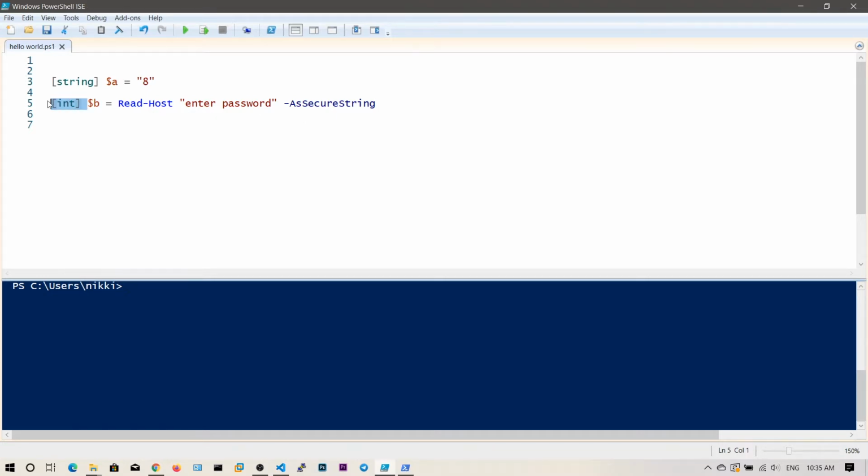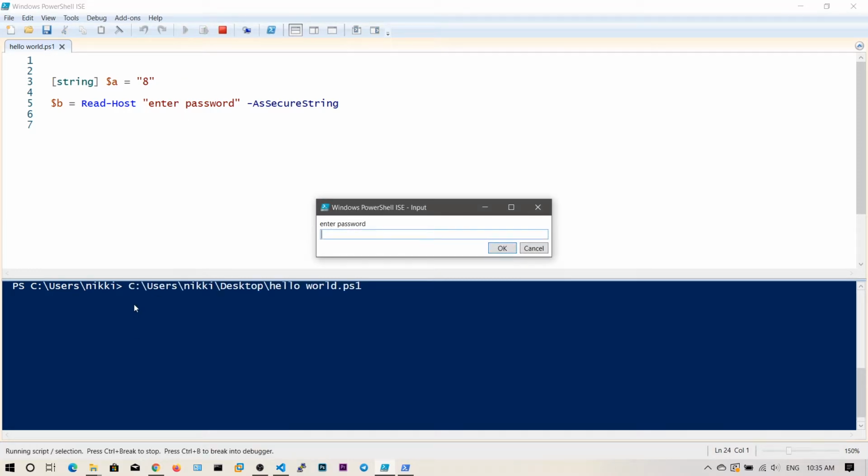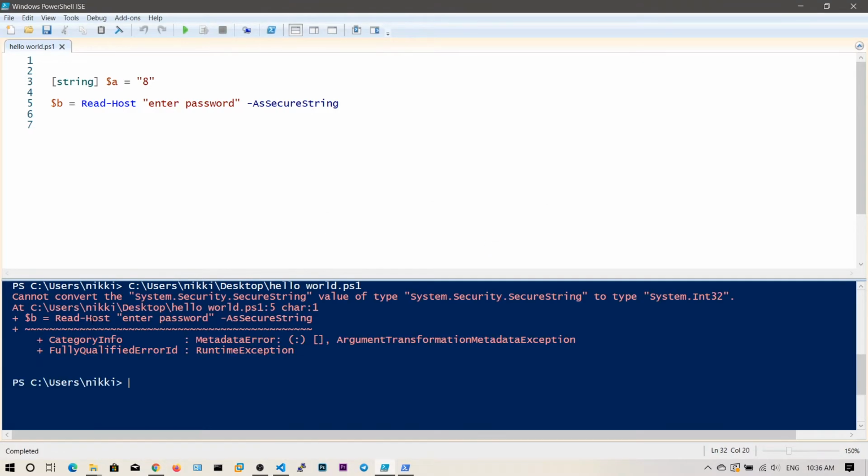I'm going to remove this integer because I want to store this as a string. So let's run this. It's asking Enter password. Now I am going to type NIKHIL. As you can see, the plain text is not showing because it is being replaced by dots. So it's a secure way to enter the input. Click on OK.